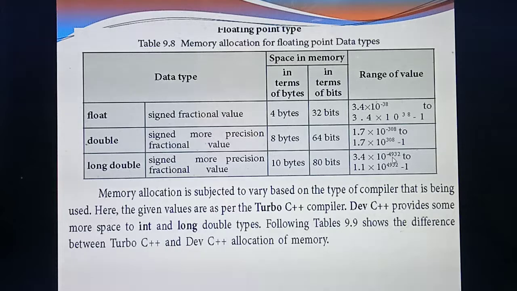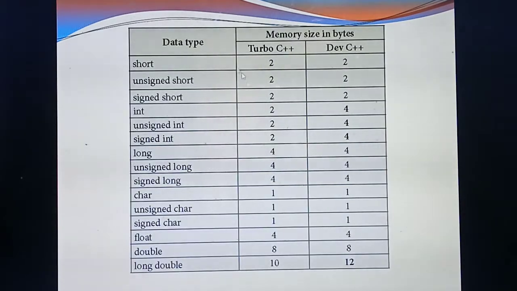What the memory space allocations are, and how they differ between Turbo C++ and Dev C++, next we are going to study. But in our lab, which compiler are we using? Dev C++. Because we are studying which software? Dev C++. Okay. See, this is the memory space allocation between Turbo C++ and Dev C++. Okay, this is very, very important. Sometimes two more questions also they will ask. So what's the difference between memory space in Dev C++ and Turbo C++?